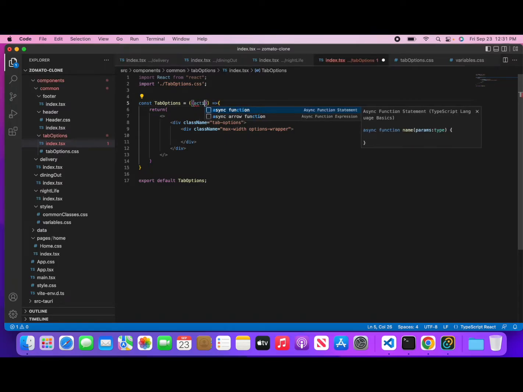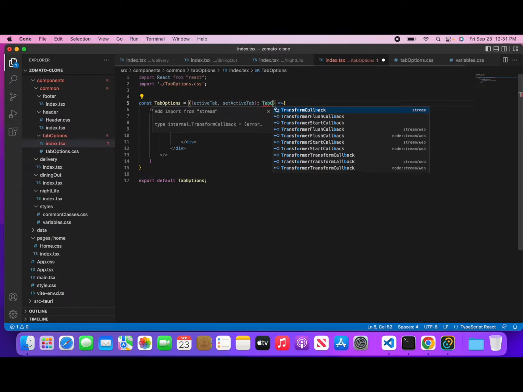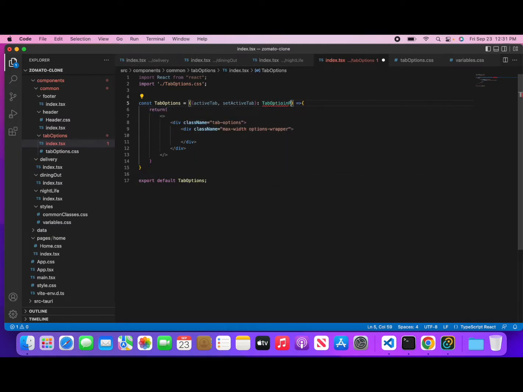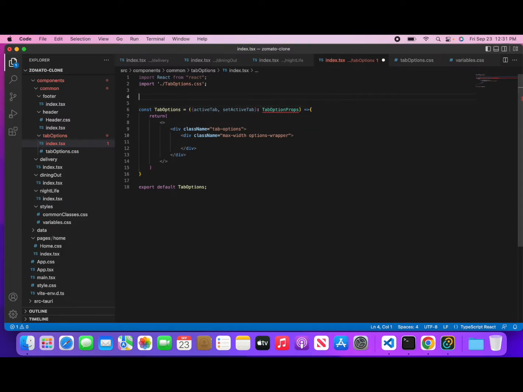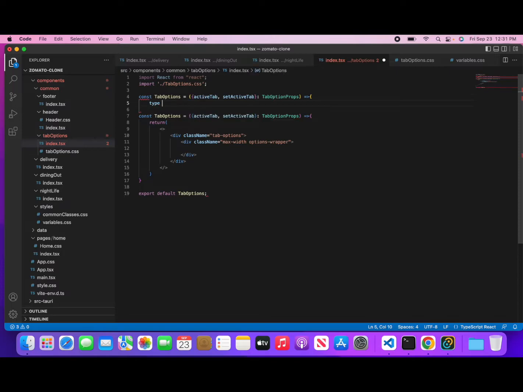Active tab, right? Your condition the set is active tab, right? यो दुईवटा कुरालाई पास गर्छौं। For in TypeScript you need to define. So मैले यसको लागि चाहिँ tab options props, tab option props भनेर मैले बनाइरहेको छु। So creating an interface of this tab options है। tab options को म इन्टरफेस क्रिएट गर्न गइरहेको छु। So yeah, type of this tab options